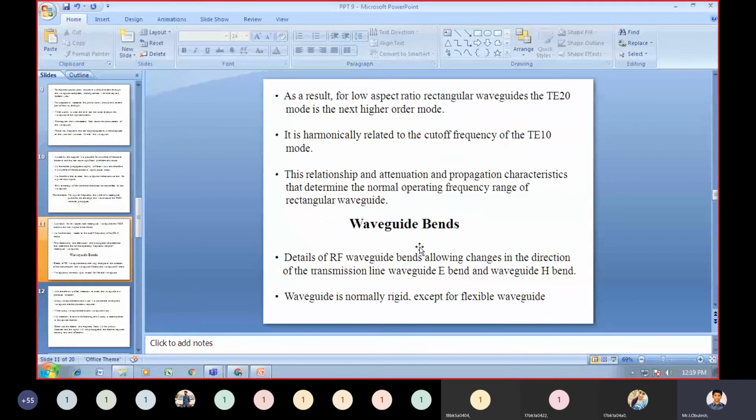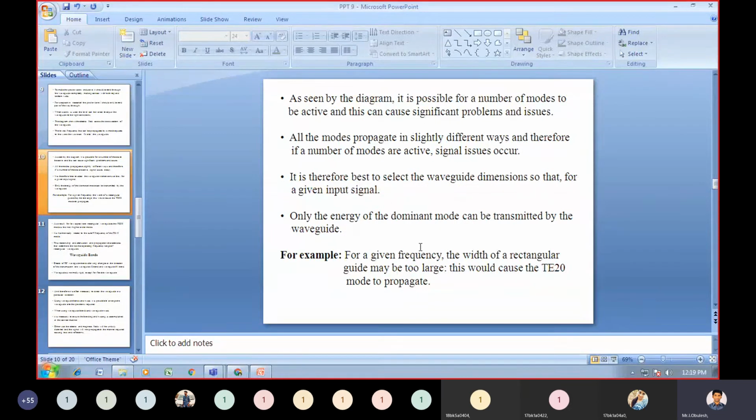Coming to waveguide bands. By using these, we need to eliminate the mismatches that happen in the circuit, you know it. With the help of these screws and posts, you need to eliminate the impedance mismatches. Inserting either a post or a screw, whatever it is, you eliminate the impedance mismatches inside the rectangular waveguide.